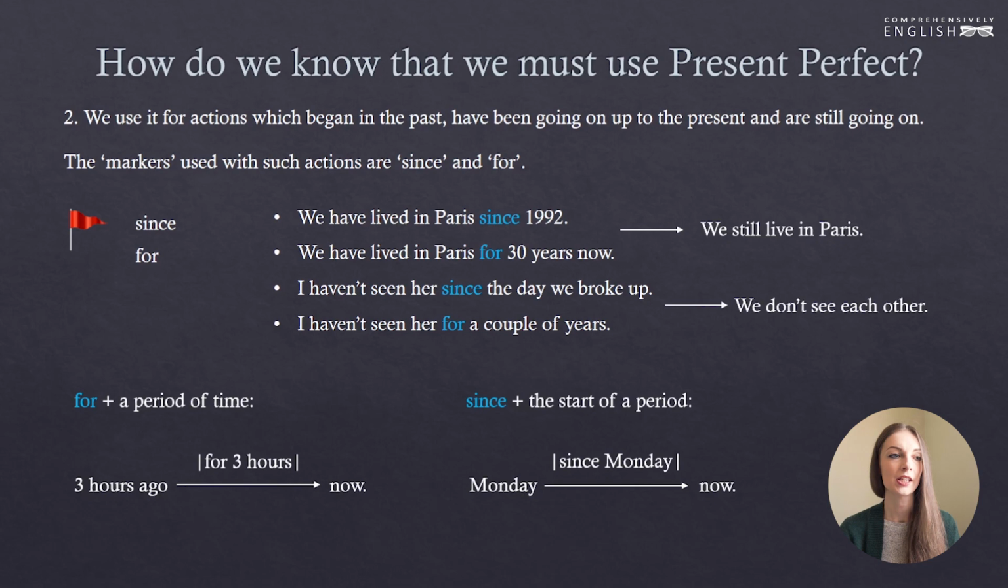Both sets of sentences speak of the same period of time, but they speak about it differently, from the perspective of a period of time and from the perspective of a moment at which something started. And that is true nowadays too. We have lived in Paris since 1992, and we have lived in Paris for 30 years now. We still live in Paris, so in both cases we speak about the same period of time, but